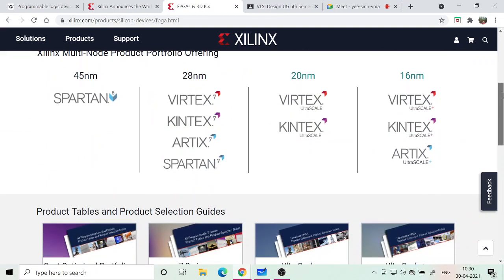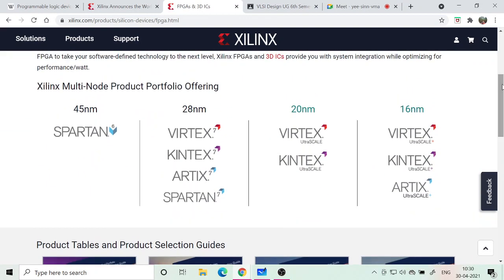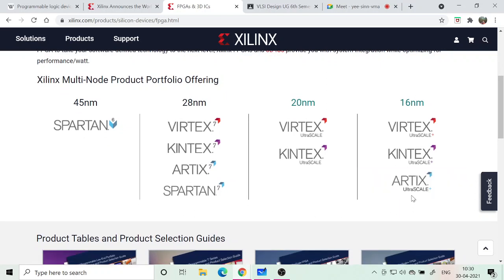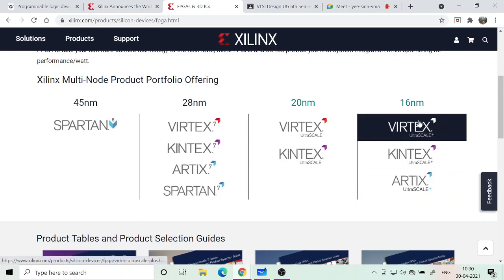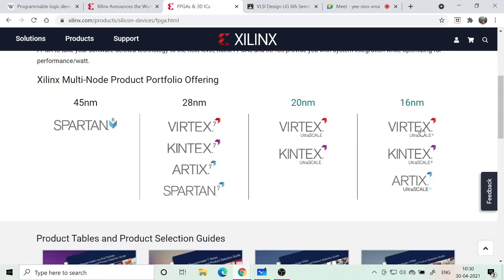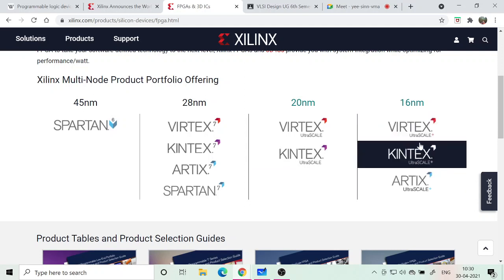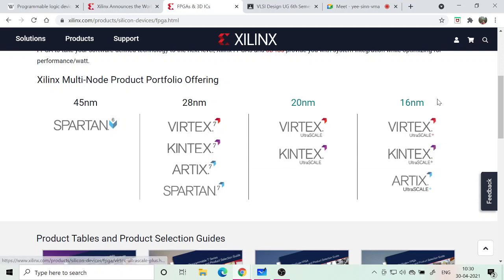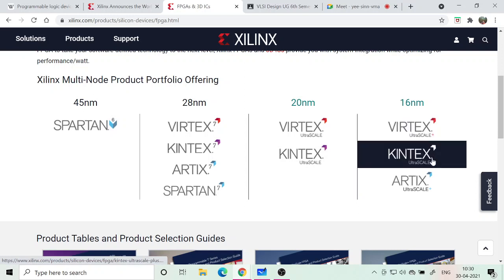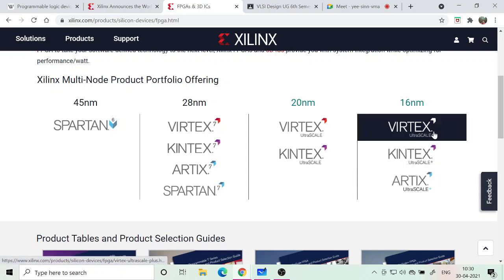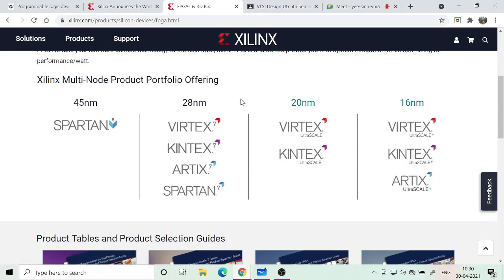The high-end FPGA which I talked about, the news article which I showed you, is this one. Okay, it's Virtex. Virtex is the highest capability generation of FPGA. They usually have three categories: Artix, Kintex, and Virtex. Virtex has large capabilities, I mean, it has a big architecture. Artix is the smallest version, and they fabricate them using 16 nanometer or 20 nanometer technology.